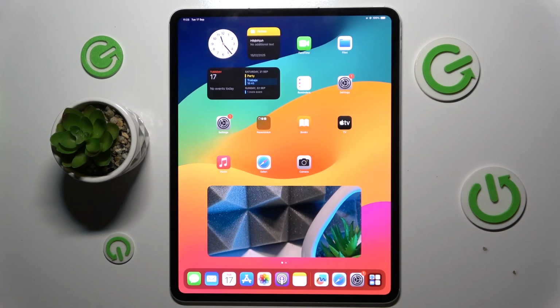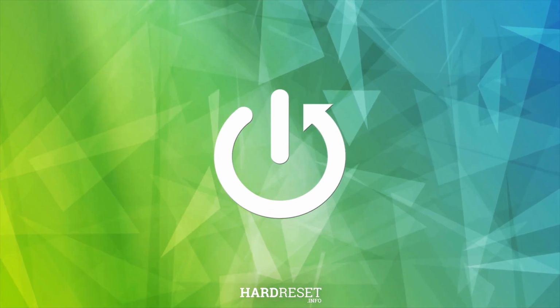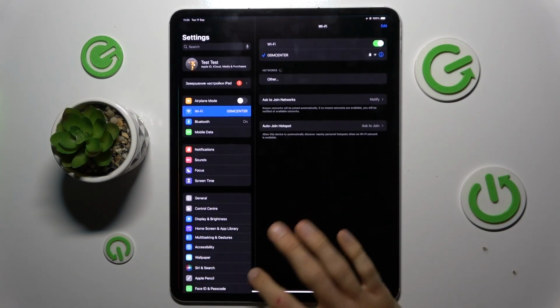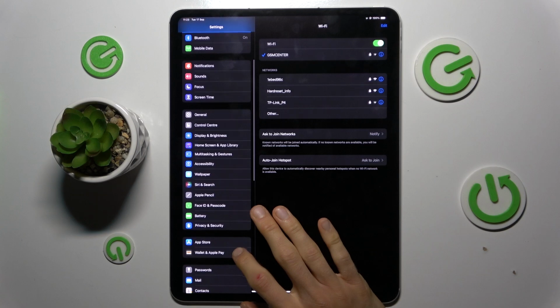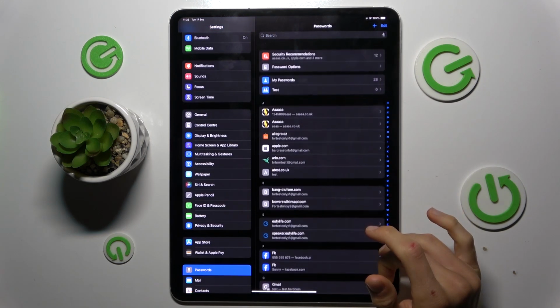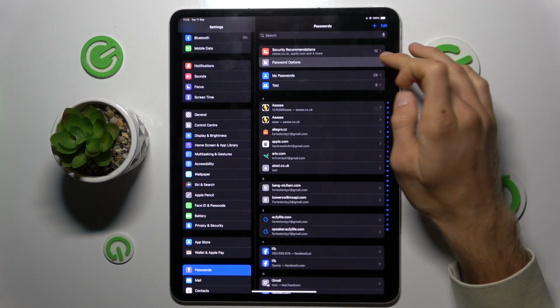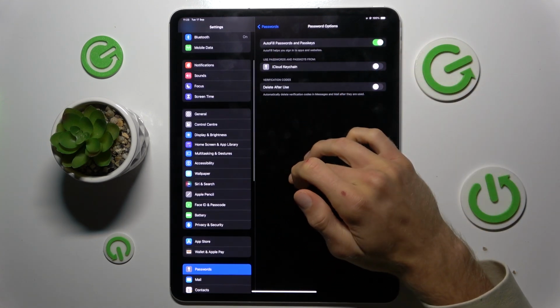Today I have iPad 13 Pro and I want to show you how to manage your passwords which your device remembers. To manage it, open the Settings application and look for your passwords selection, and there you have all passwords which our iPad remembers. There we have some password options and we can turn on and turn off some functions,